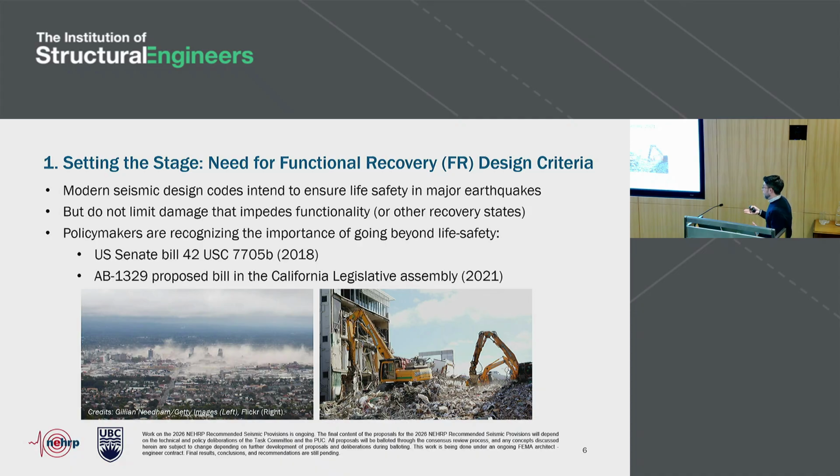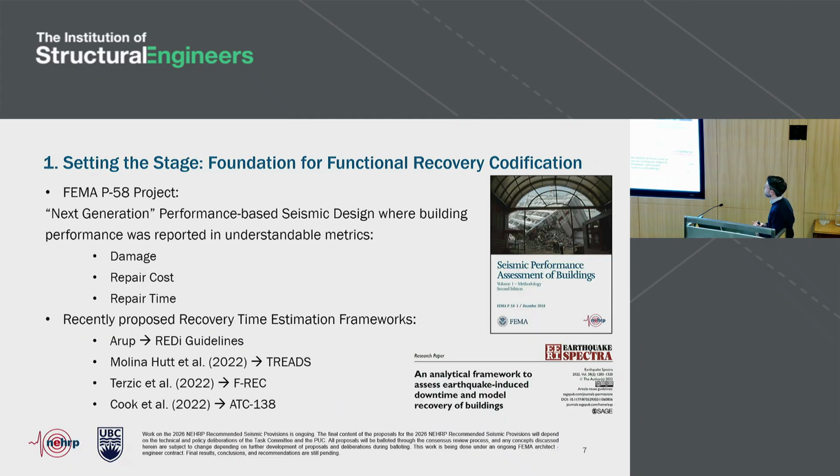So despite those staggering statistics, if you ask engineers about the performance of buildings, they would argue that for the most part, they did as they were intended to, right? They followed what the code wanted them to do, which is to meet life safety goals, again, with a few exceptions. And I think this really emphasizes the need that if we want our communities to truly be resilient, we need to do more than just design for life safety, and hence this push for functional recovery.